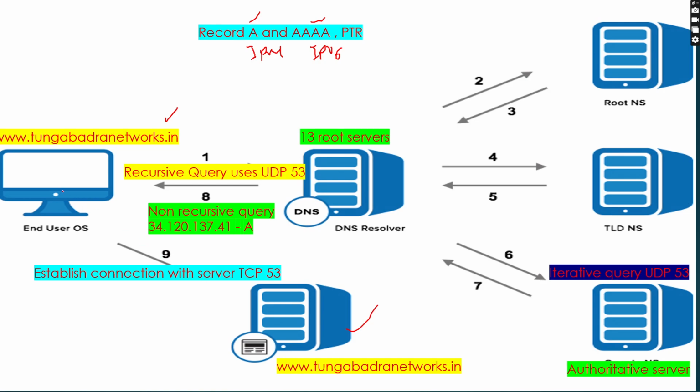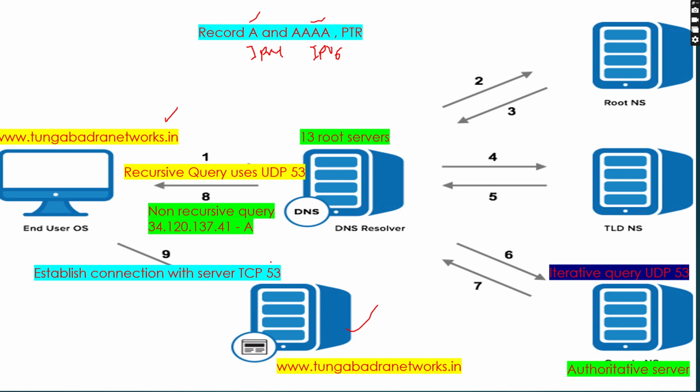You know, DNS uses port number 53, TCP and UDP. At the application layer, DNS uses both TCP as well as UDP. When will it use UDP, and when will it use TCP? If the IP address is already there for this domain name, it will directly establish a connection with the server, a TCP connection on port 53. If it is not,